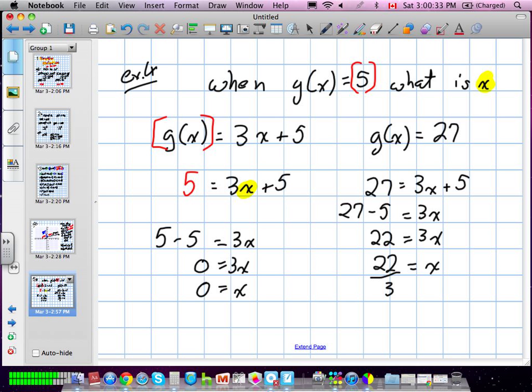So you're finding out the x values when you already have your y values. It's just the reverse of it. So instead of plugging in a value for x, you plug in an entire value for the g(x) of the